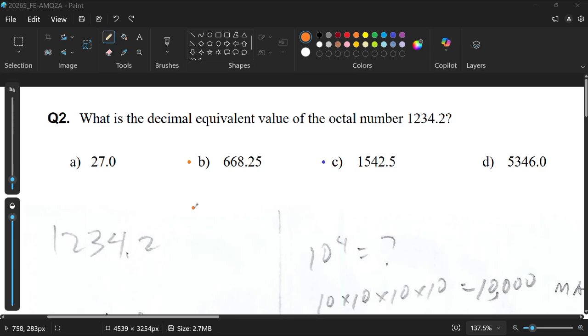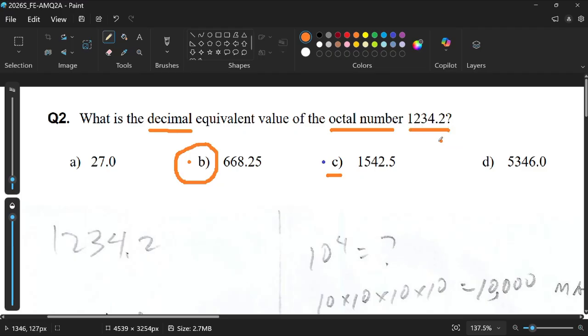Question number 2 of the PhilNITS FE morning portion of the exam. In this question, we are being asked, what is the decimal equivalent value of the octal number 1234.2? This question is a little bit tricky, and in fact, I didn't get the correct answer, which is B, because I chose letter C, and I think it's related to what we understand octal to mean, because what we have to do here is get the decimal equivalent of the octal number